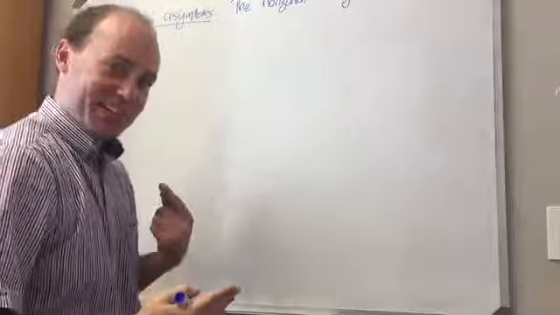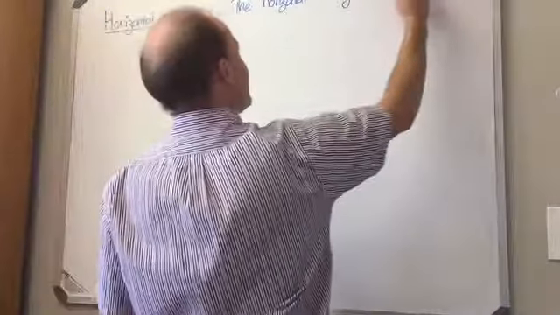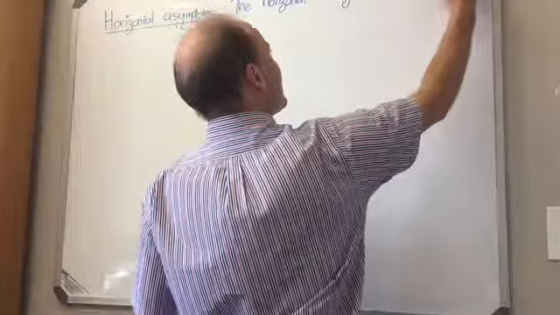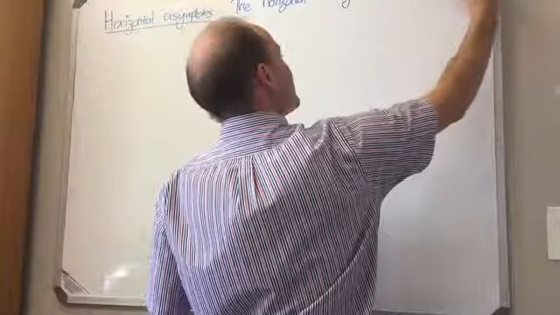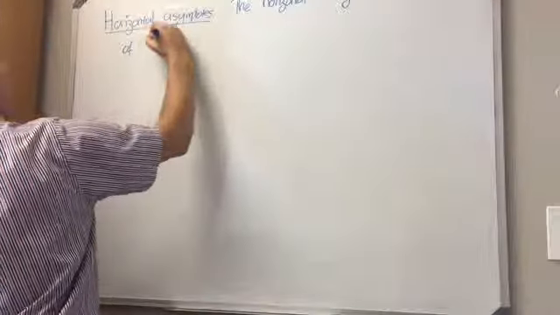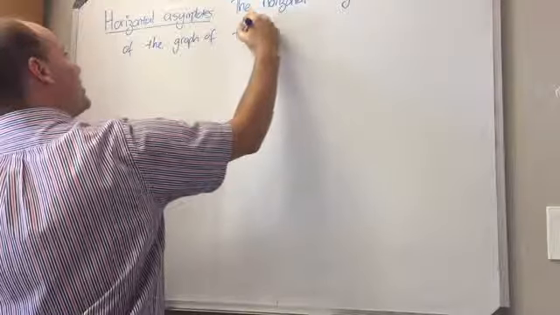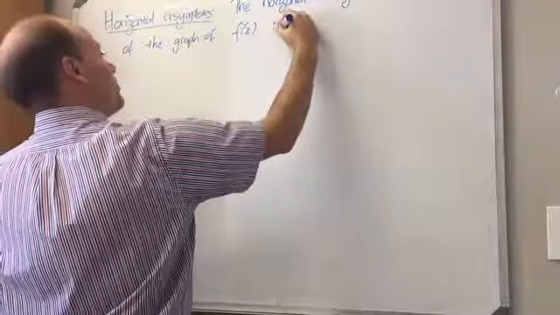Don't get confused about that. The horizontal line y equals b is a horizontal asymptote, I'll just write HA for horizontal asymptote, of the graph of f of x, if